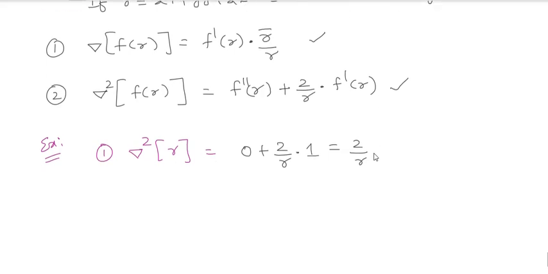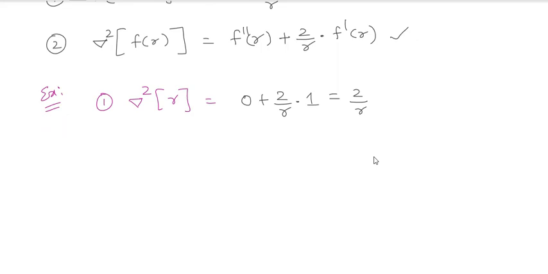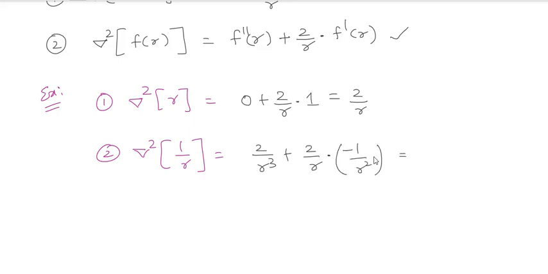Whatever analysis I did for your earlier case, the same thing you apply for the second order differentiation, for the problems I assumed earlier. So for all, you calculate this. Del square of 1 by r: f dash is minus 1 by r square, f double dash is 2 by r cube, plus 2 by r into f dash, which is minus 1 by r square. Am I right or not? So you take 2 by r cube minus 2 by r cube. The answer for that is 0. That's it. Clear on my point?